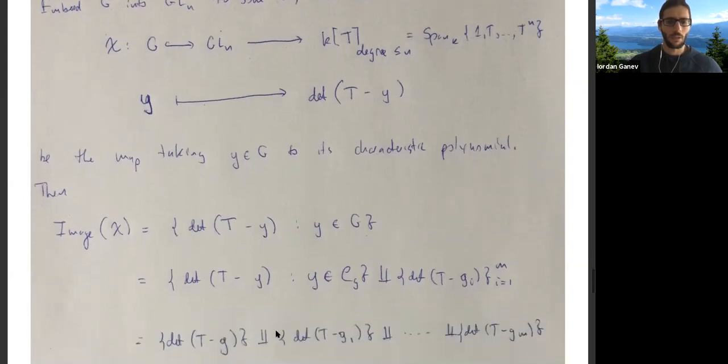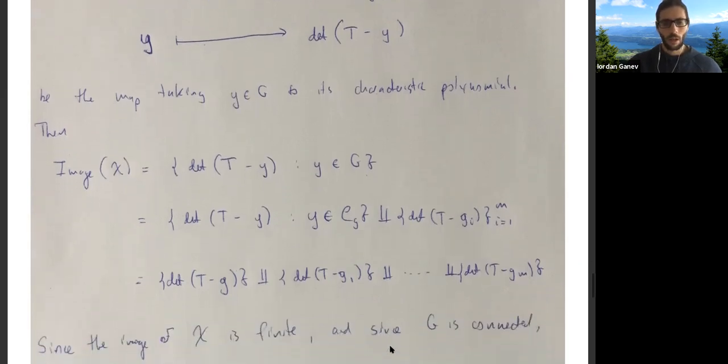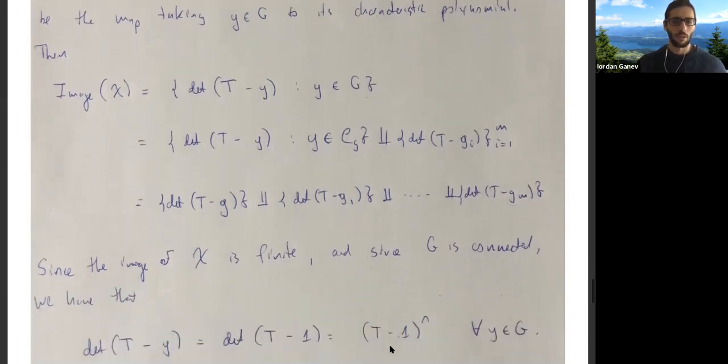But the characteristic polynomial is a conjugacy class invariant. If we take any conjugate of little g, then it has the same characteristic polynomial. So then the image must be finite. There's the characteristic polynomial of little g, and then these other characteristic polynomials. And since G is connected and this characteristic polynomial map is a map of varieties, we see that the image is finite, so it has to be connected because G is connected. So in fact, every element in G has the same characteristic polynomial as the identity in G,